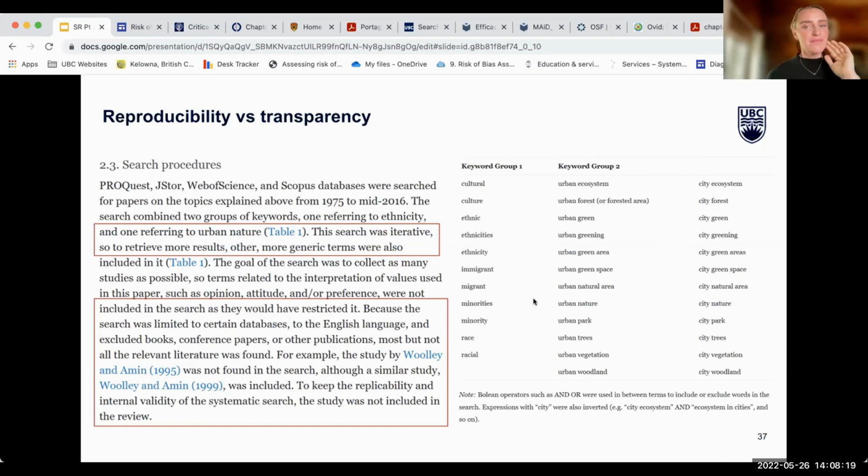There's no actual note of how these terms were applied, how Boolean operators were executed. And if you'll note here at the bottom, it says expressions with city were also inverted, city ecosystem, ecosystem and cities. So you can do that kind of wordplay with some technical features in databases, which you probably learned in the first workshop. And so while it might be possible to replicate this search, it's pretty impossible to do it exactly as they did it. And so the reproducibility piece is completely